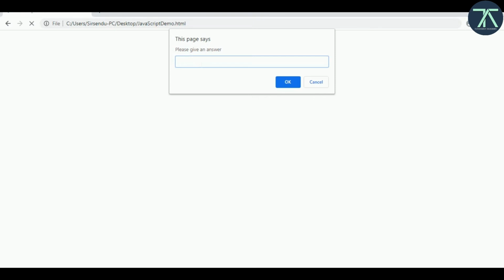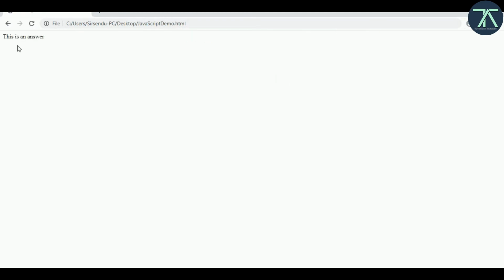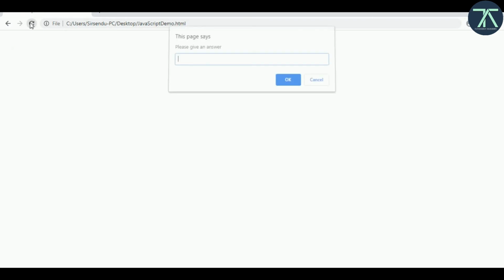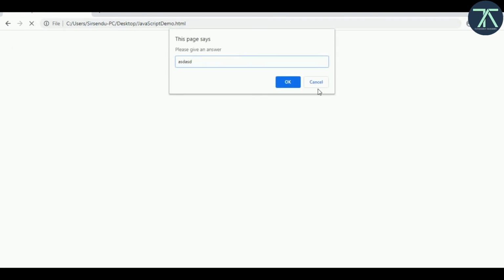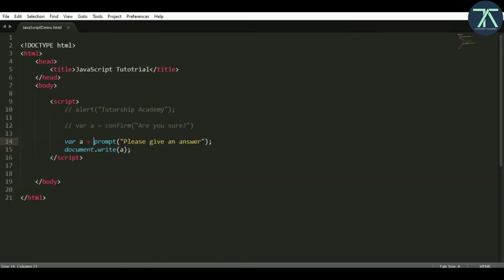Here is our text, please give an answer, and then a text box. If you give some answer, like this is an answer, and click OK, it will return that particular answer. If we write something and hit Cancel, it will give us null. By use of this you can easily ask your user to give some input, and you can take that input based on which button they clicked. So this is another important method window provides us.